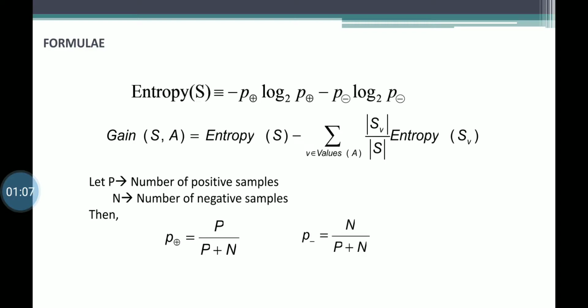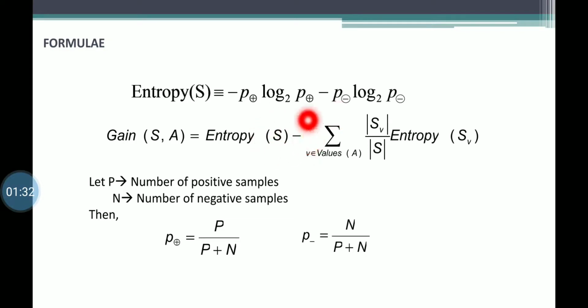In the entropy formula, we are going to calculate the entropy of the entire sample at the beginning, and once the attribute is selected, then we will be using the entropy of the sample itself. Internally, while calculating, we calculate the entropy of the attributes as well, and later we will be obtaining the information gain of all the attributes.